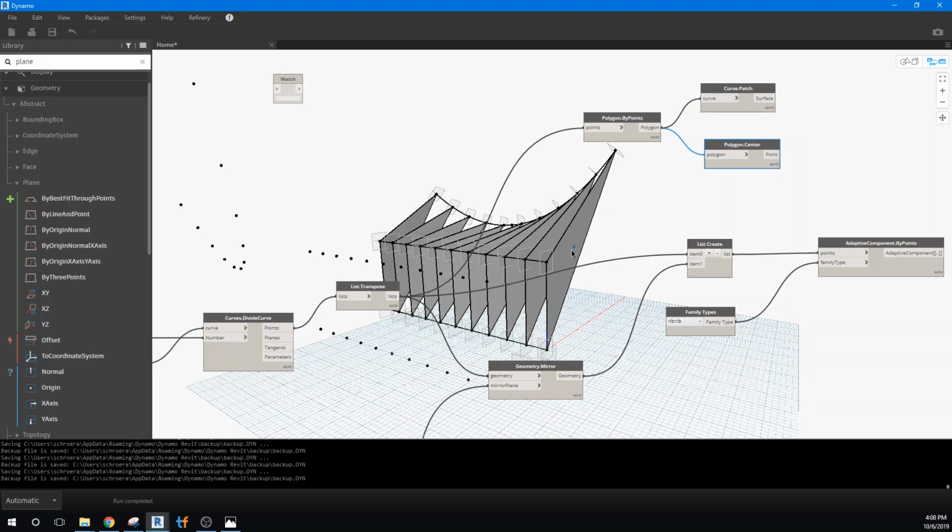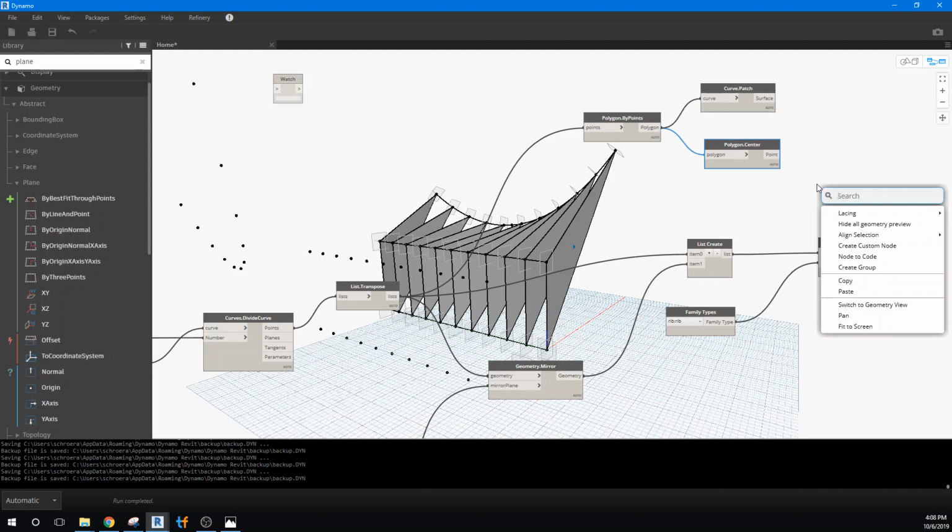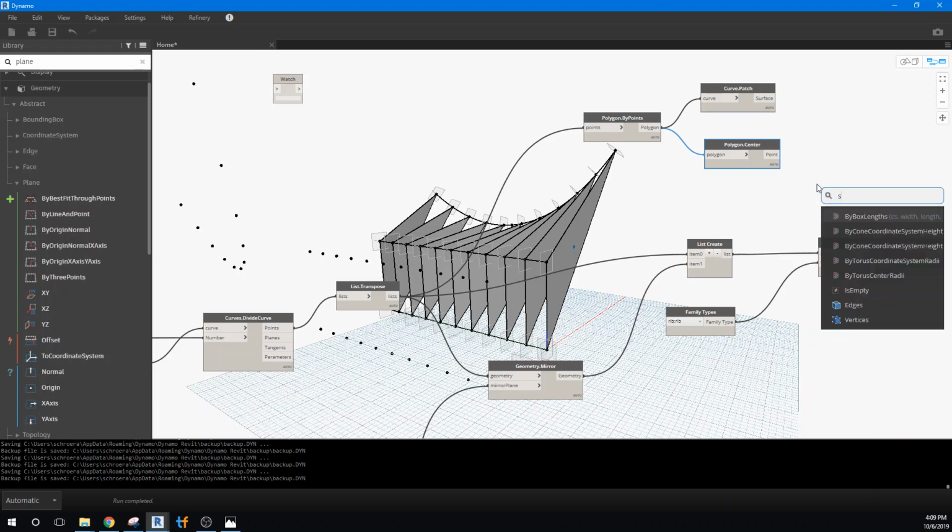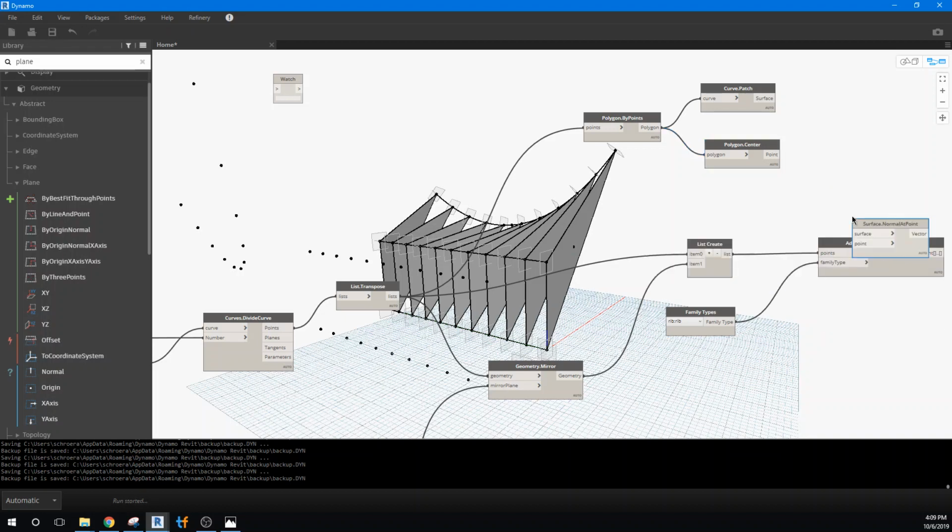So we have this solid now with a reference point in the center of it, and we have a function which is called the surface normal at a point. So we have a surface now and a point, so we can get a normal, a vector coming off of that. And we need that vector because that's how we're going to rotate these reference planes around. So I'm going to type in now surface dot normal at point, and we get this,